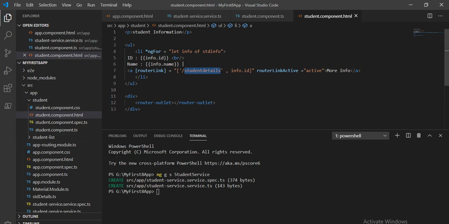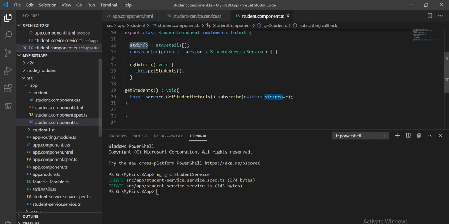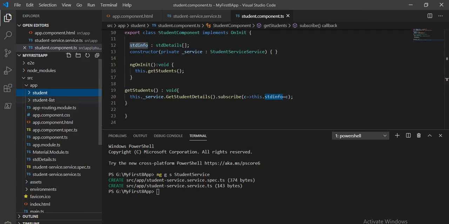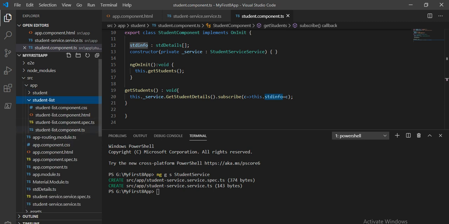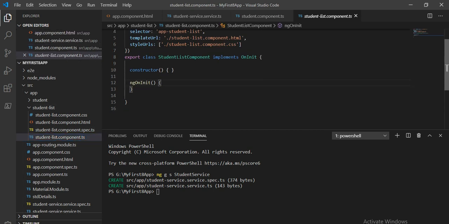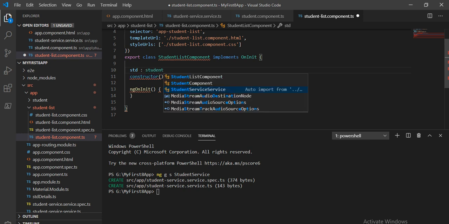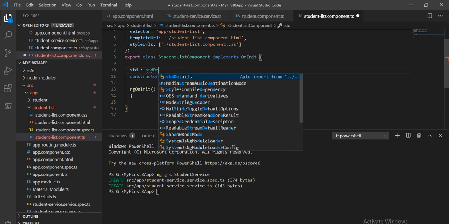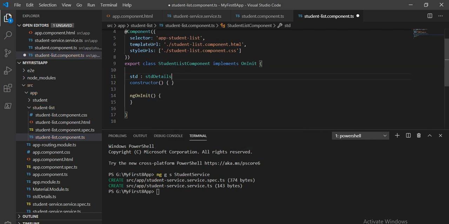Now I will define this under this app.routing.module. But before defining this, let's create the functionality on this student list page. So go to student list.component.ts, and here we are going to define it. I will take one variable, std, and the type of this will be the student details, and I will initialize it like this.